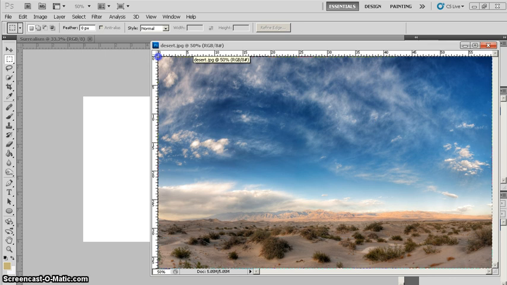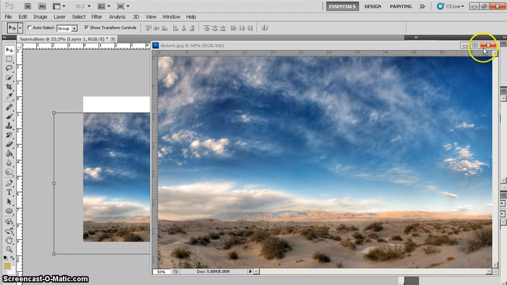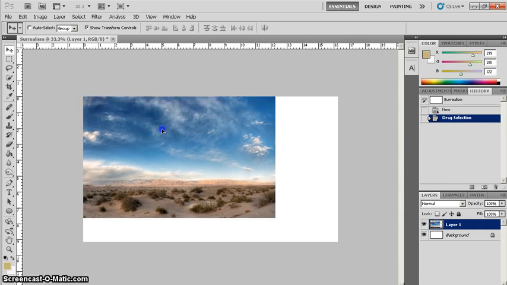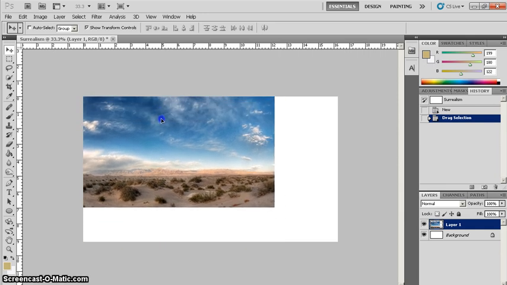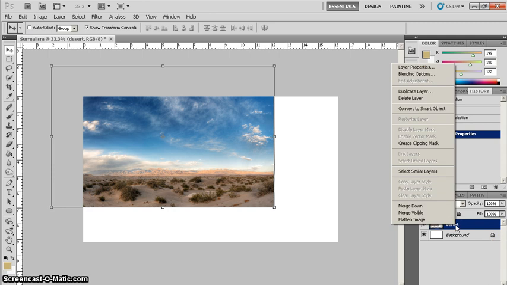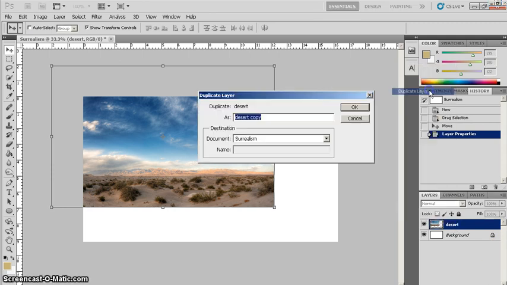I'm going to use the marquee tool, select and cut, drag it into my canvas, give it a name. I'm going to go ahead and copy this, duplicate layer,